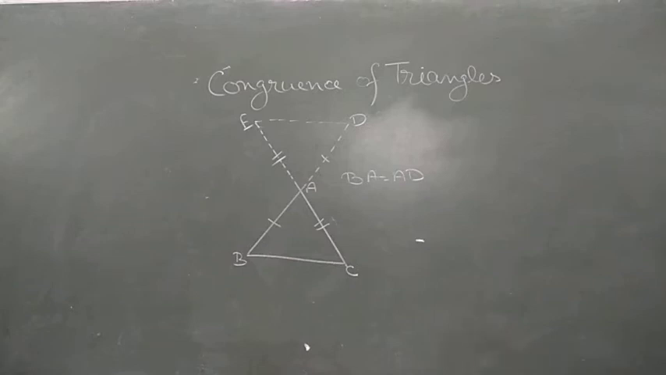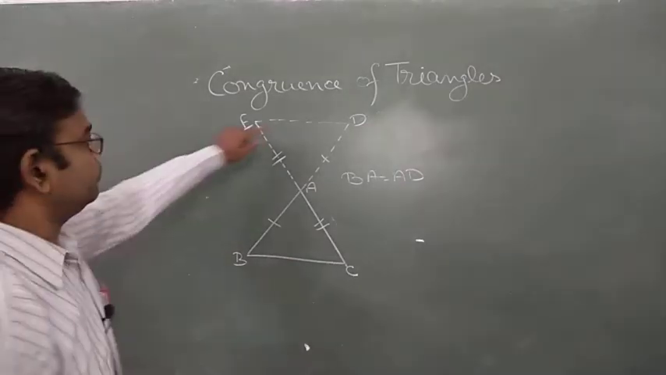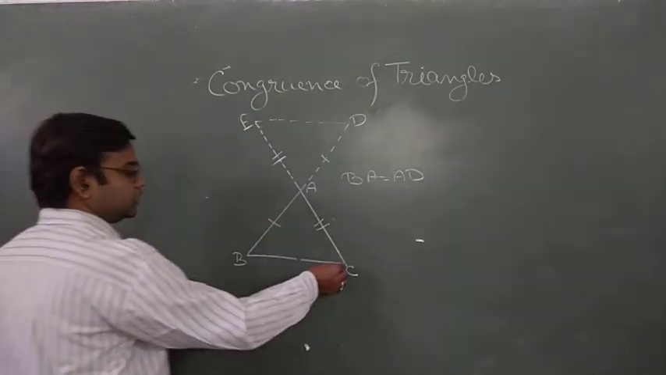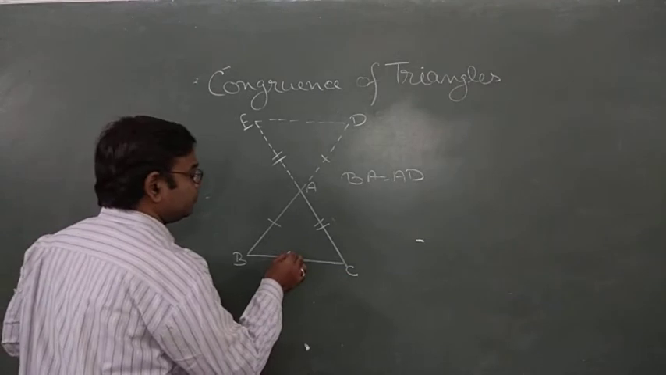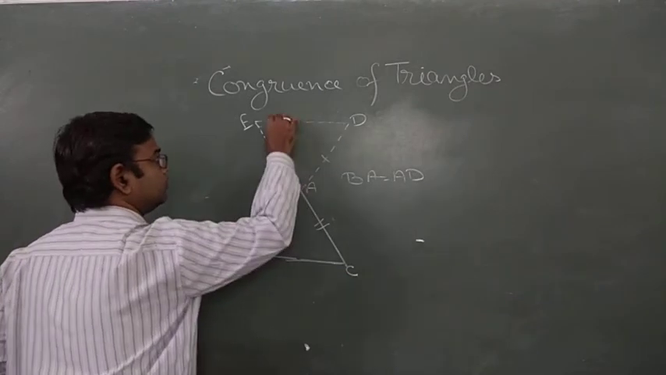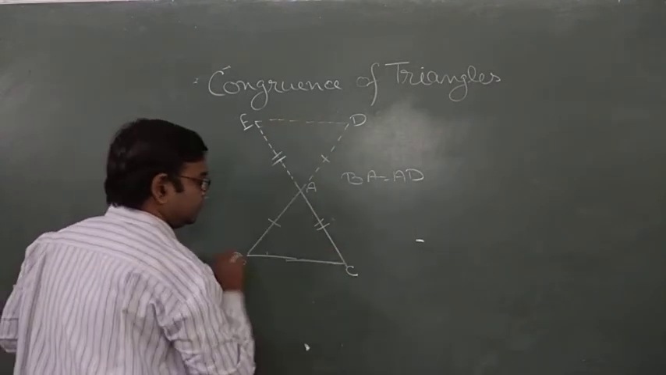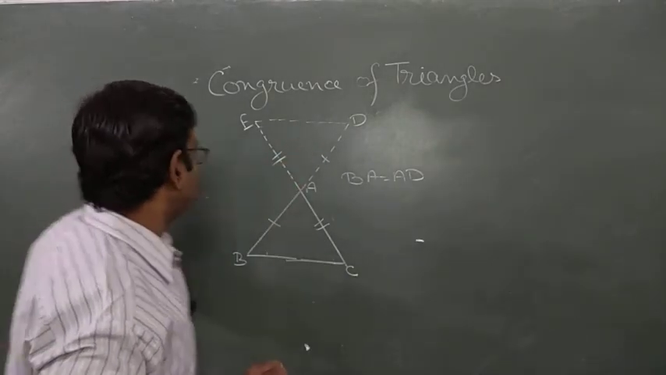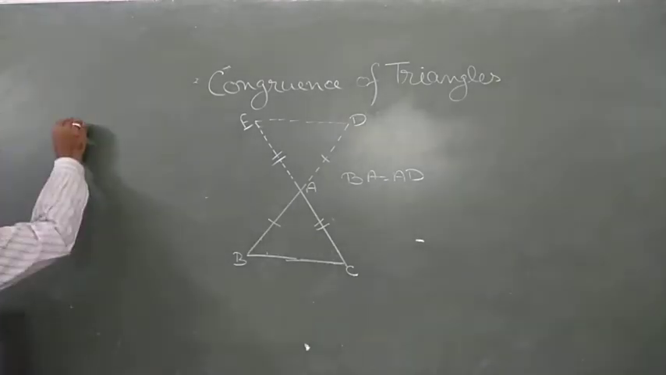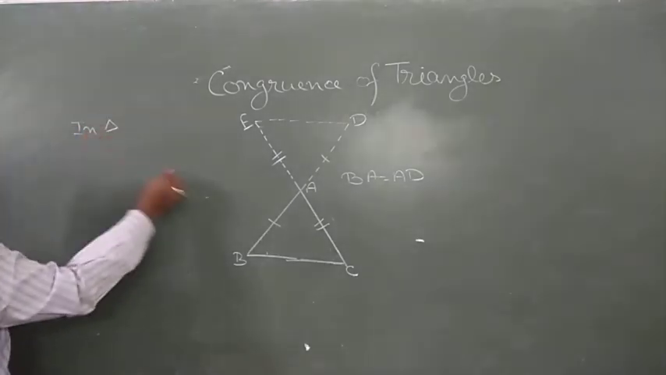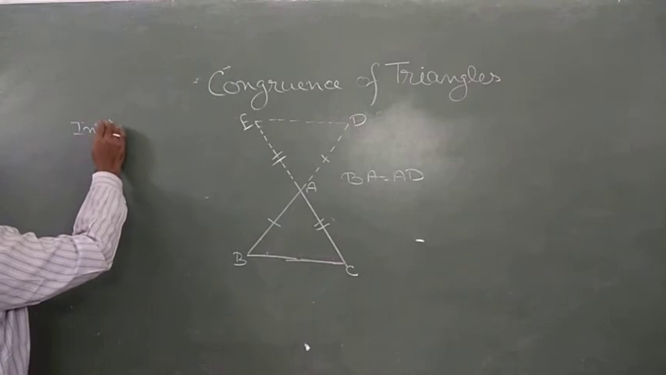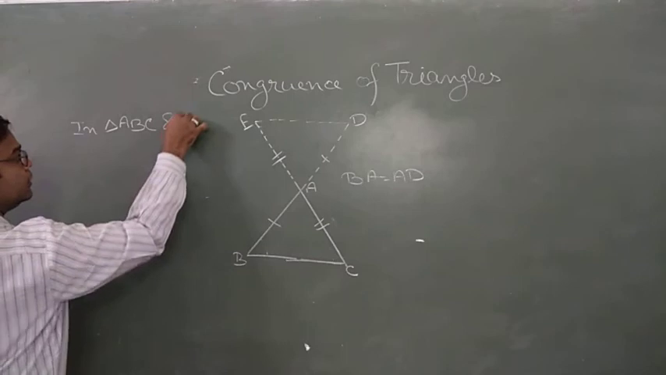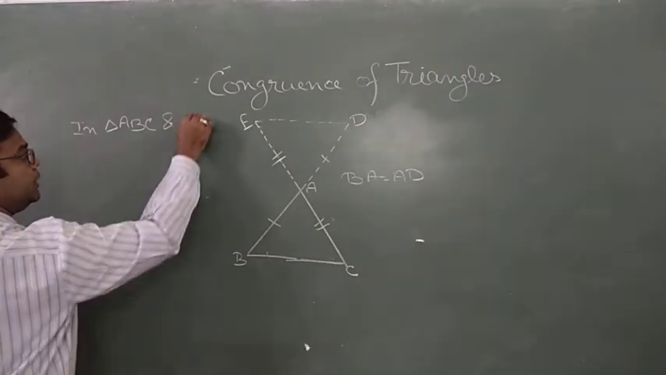We have to prove that DE is parallel to BC. How do we prove that? Because if we are able to prove that alternate interior angles are equal to each other, then only the sides are parallel. So first we try to prove these two triangles are congruent. I am writing on this side. So in triangle ABC and in triangle ADE,